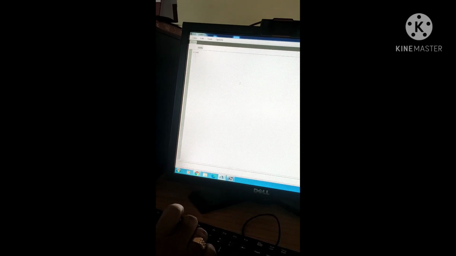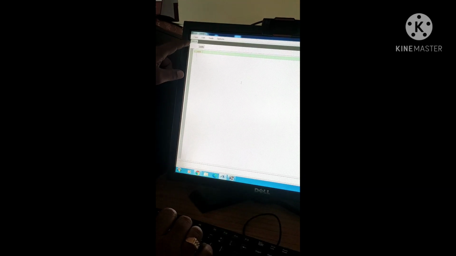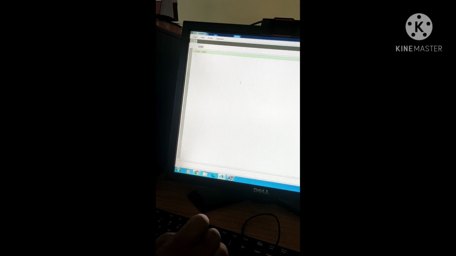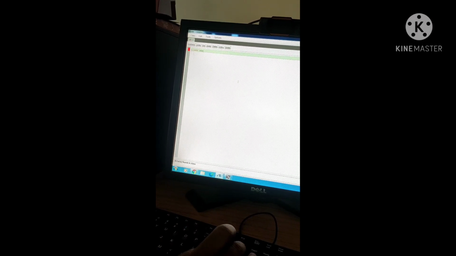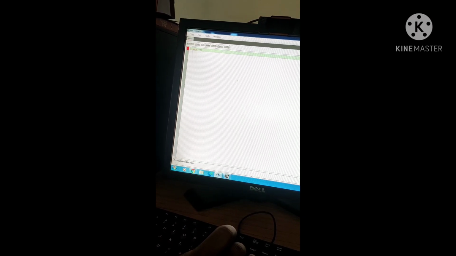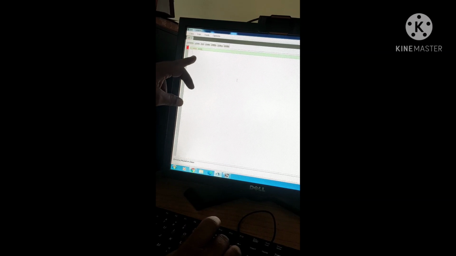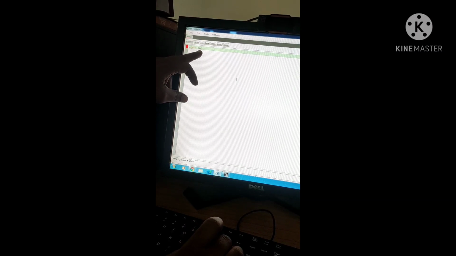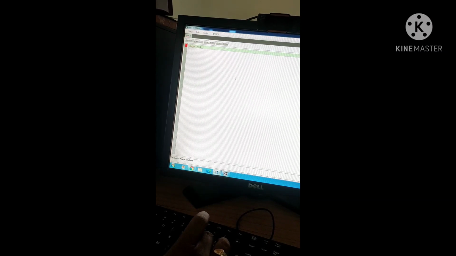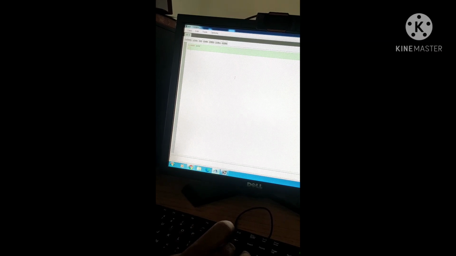See here, class. I have given the class name as Add, that is addition of two numbers. When I press the enter key, it is going to be displayed in red color. It is not a syntax error. By providing the opening braces itself, it is going to be erased. Then I have to give public static void main.